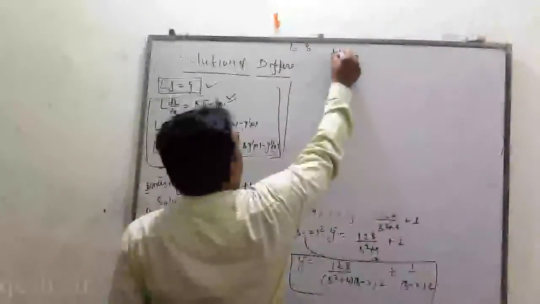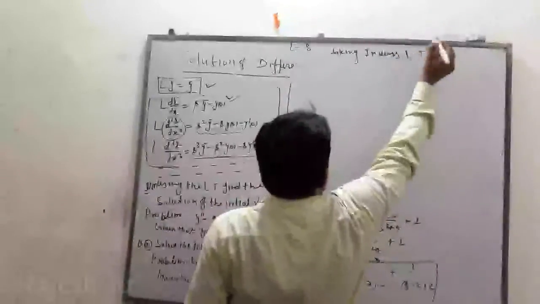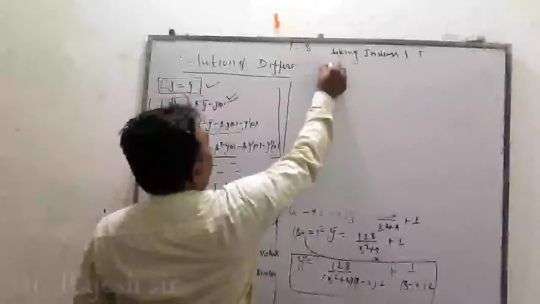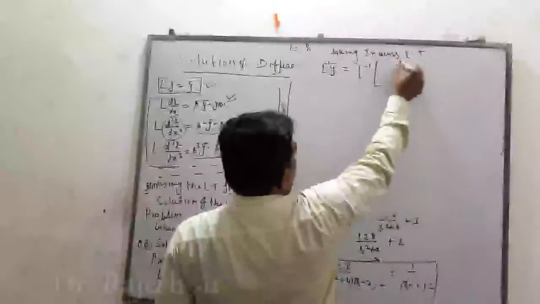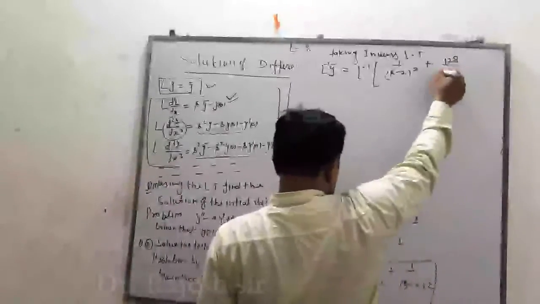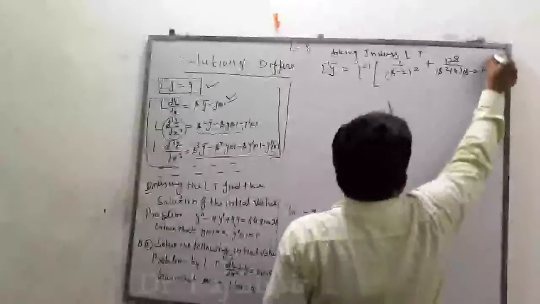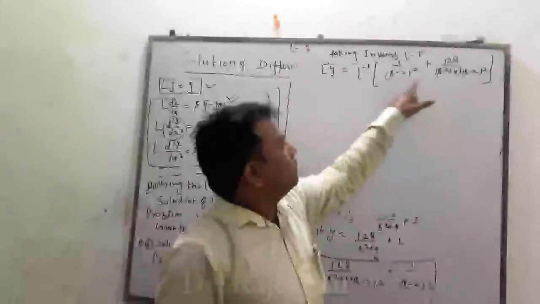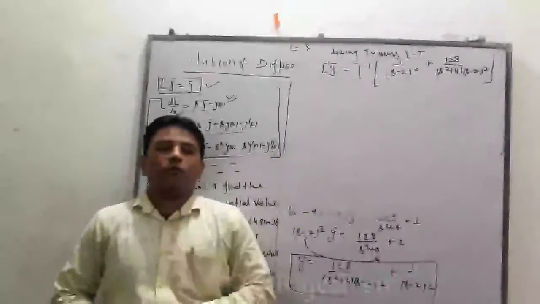Taking inverse Laplace transform. Laplace inverse of y bar equals Laplace inverse of 1 upon (s minus 2) the whole square, 128 upon (s square plus 4)(s minus 2) the whole square. Inverse Laplace of this is the value of y, but we change this question into the form of